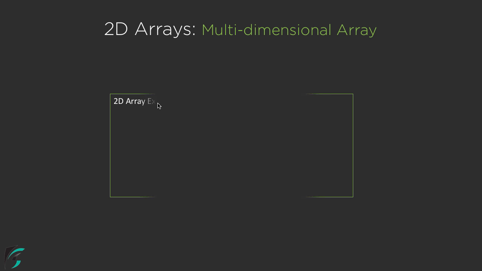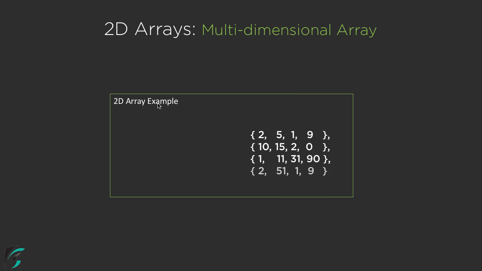So proceeding forward, here in case of 2D array, what about the indexing? So in case of 1D array, we all know that this too will have the index of 0, 1, 2, 3, 0, 1, 2, 3 and so on for the other 1D array. So if suppose this is the example of the 2D array, so what about the indexing? Now in case of 2D array, we have row and column concept. So these are actually the four rows. This one is the first row, second row, third row and fourth row.